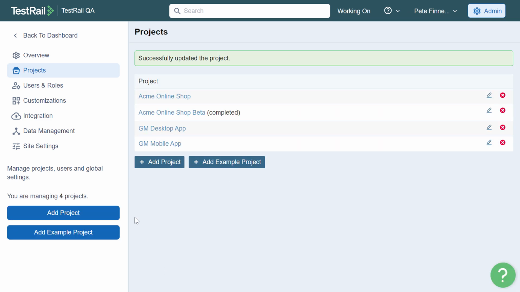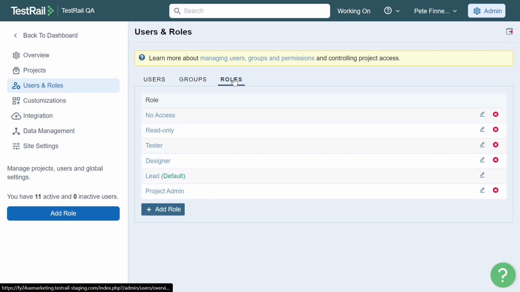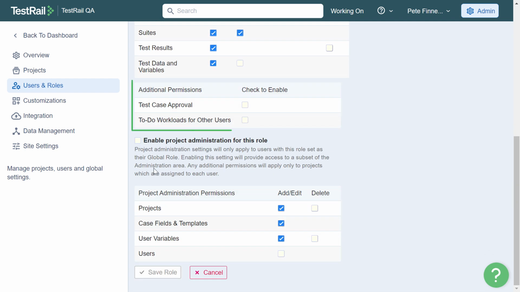Besides enabling it, administrators will also need to ensure there is an active role that can approve the test cases. This permission can be found in the Role settings, under Users and Roles. Go to the role you want to give that permission, scroll down to Additional Permissions, and enable Test Case Approval